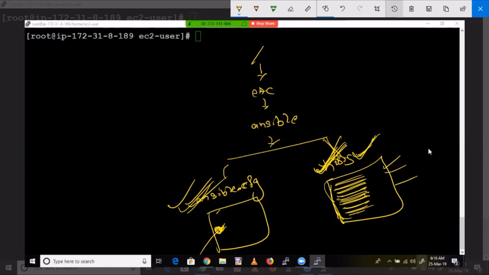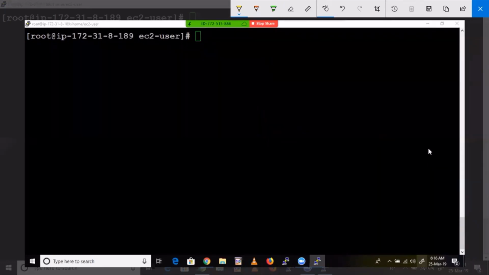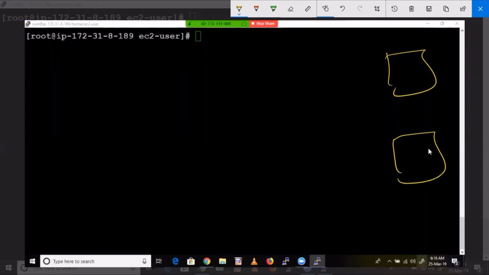For that, first we are going to launch two nodes. Guys, now onwards, if I use nodes or hosts, both are the same. So let's call them nodes.